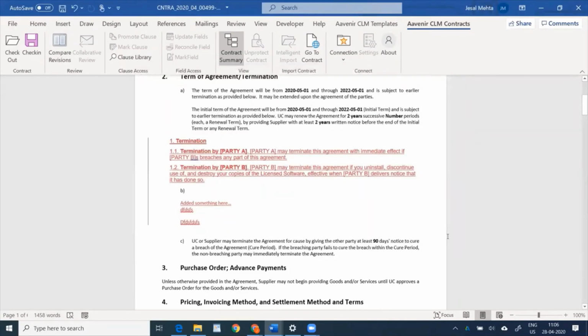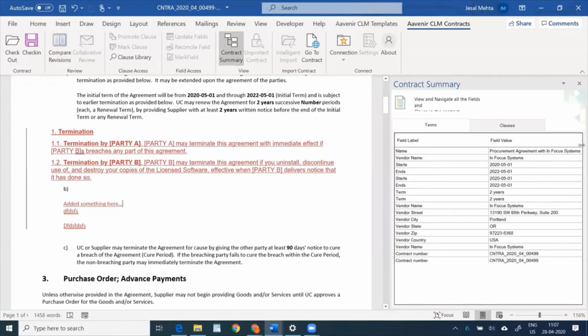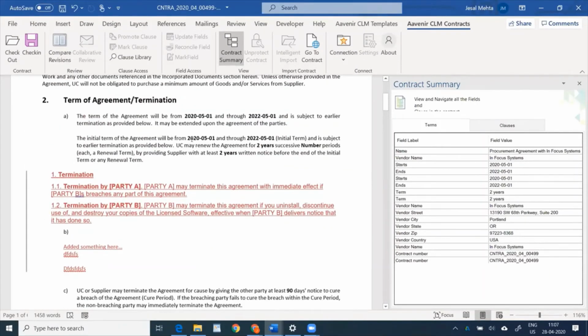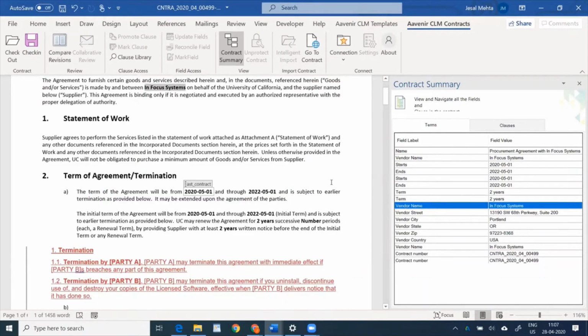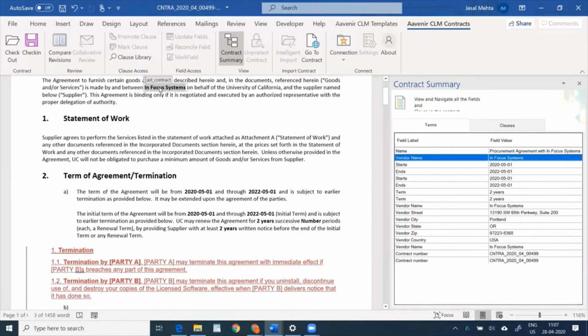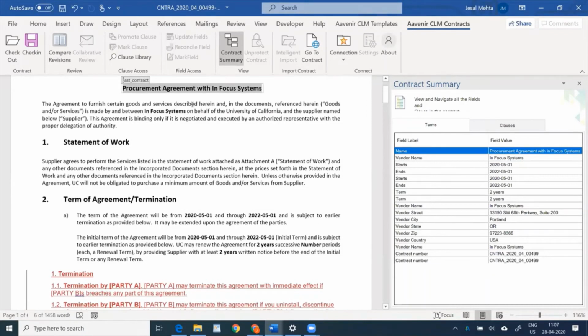Another powerful feature that she can have in Microsoft Word itself is this small little thing, contract summary. She clicks on it and she immediately sees all the terms from the contract. So she says, okay, where is my start date? And immediately she can jump onto that. She says, where's my vendor name? And she immediately gets jumped to the relevant place in the system. She can see where is the name of the contract, and it immediately jumps in here.